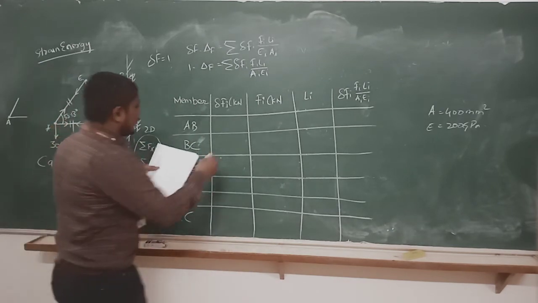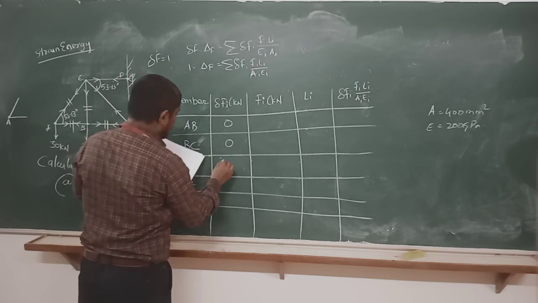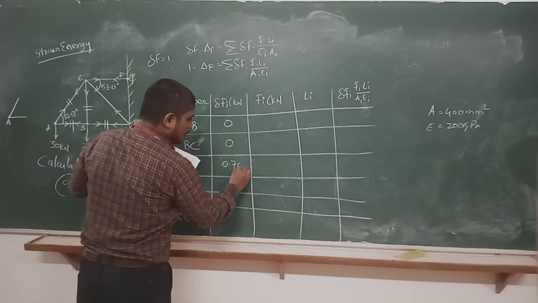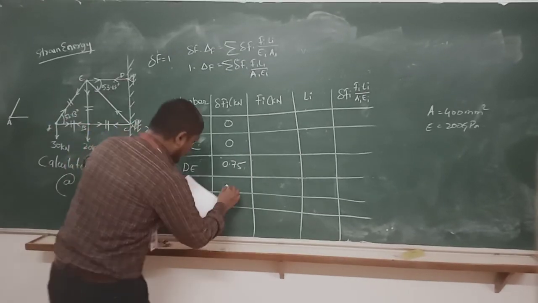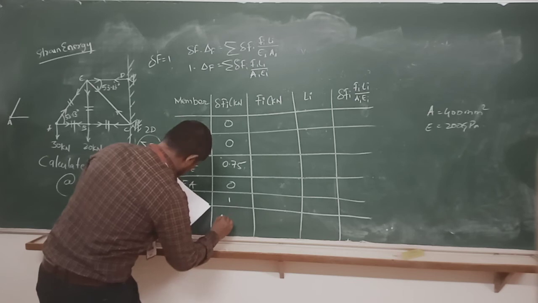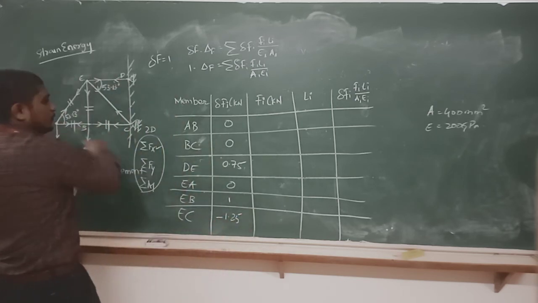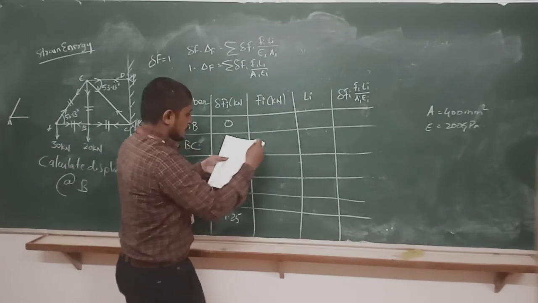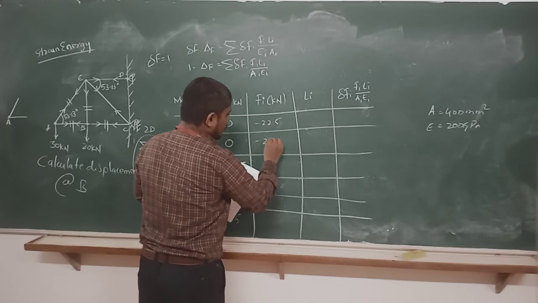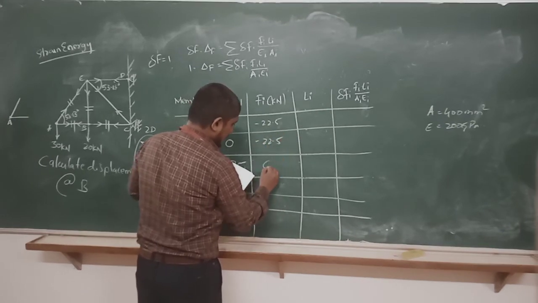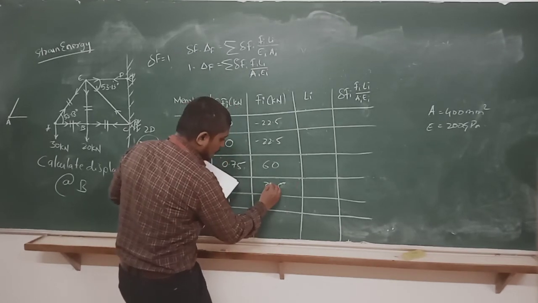Fine. So we have already got AB value as 0. In the first video, if you see, we have calculated the imaginary force. I am writing those member forces only. Those member forces you have to copy here. 1, 0, 1, minus 1.25. Okay, and due to the real loading, we have also got these Fi values. So you have to write here 22.5, minus 22.5, 60, 37.5. If you cross check, you will get all these answers.